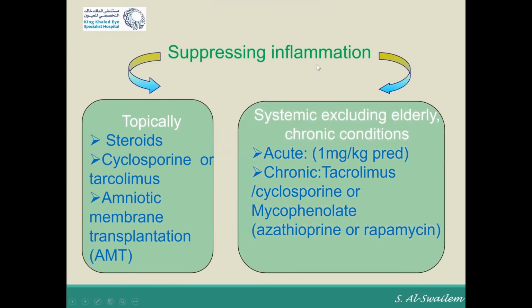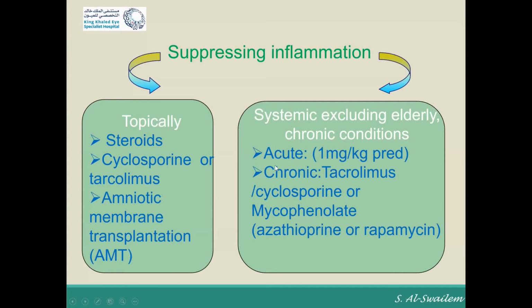How do we suppress inflammation? We can do that either topically or systemically. Topically by using steroids or steroid-sparing medications such as cyclosporin or tacrolimus, or by applying amniotic membrane. Systemically, we can suppress it in younger patients and try to avoid a very heavy systemic suppression in elderly and chronically